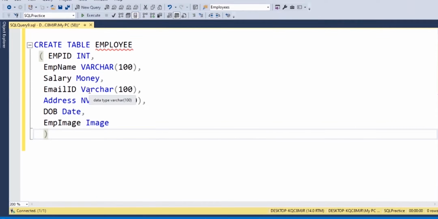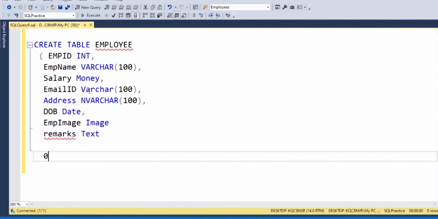In the previous session also we discussed, first we understand the naming conventions in SQL Server, then we try to implement. And that part, it's a data type. Which format of data? It's character data or numeric data or date and time or image format or binary or text. Then we can use the text for remarks. I want to give remarks of employee. In that part, I don't know how many characters will be represented in the column. So at that time I can give it as text.